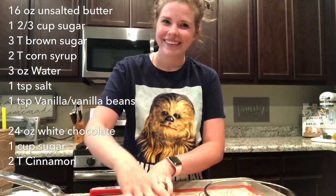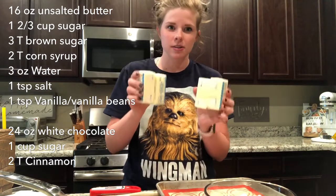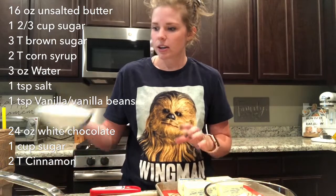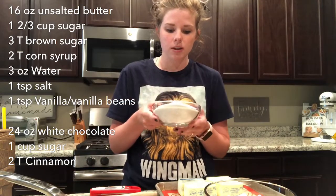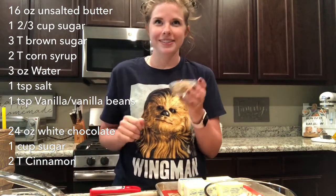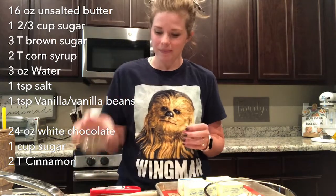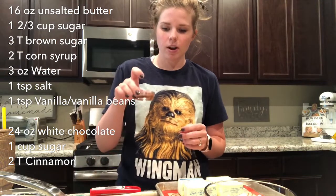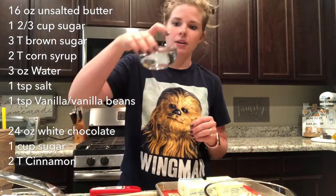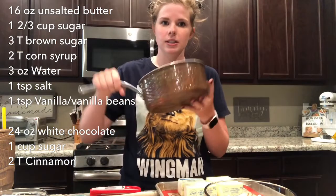You'll need 4 sticks of butter, any brand, unsalted, because then you can control how salty your toffee is. You need 1 2/3 cups of white sugar, 3 tablespoons of brown sugar, 2 tablespoons of corn syrup, a teaspoon of salt and vanilla, and 3 ounces of water, and then a nice